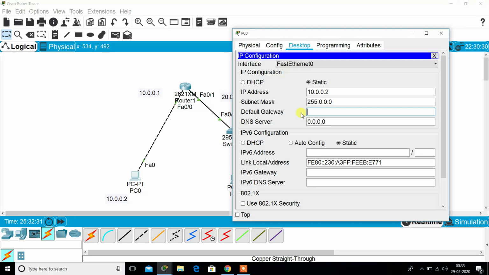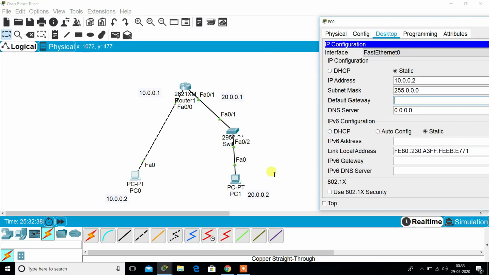So what is a default gateway? Suppose PC0 wants to send some kind of data to PC1. Then PC0 should know which route should be followed. When PC0 sends data to PC1, the data will first go to the router, then after that to the switch, then it will reach PC1.